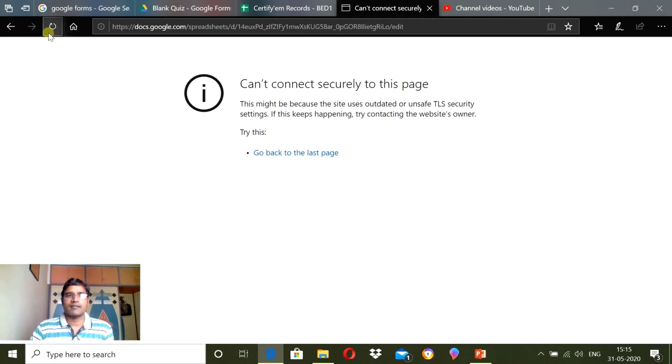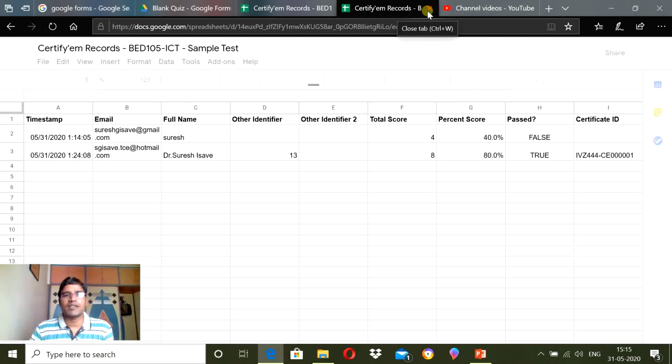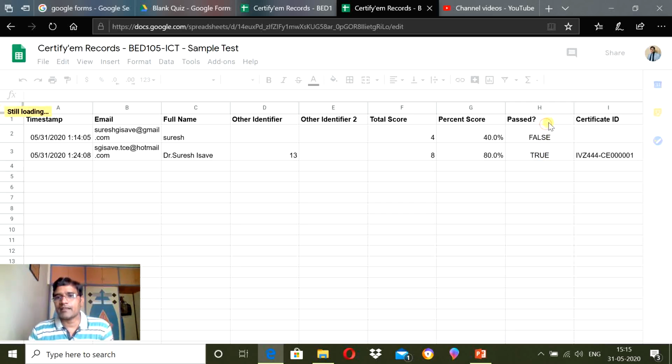In this way you can see all the responses of all the participants, and here, when it's passed, there are two options, false or true.